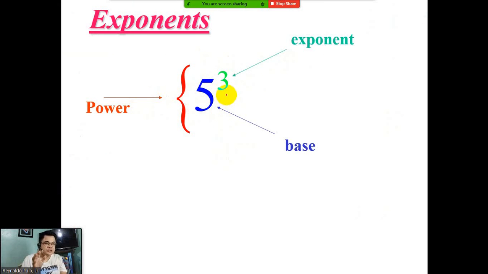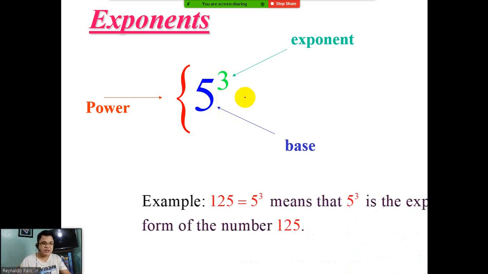This is really important to take note of. You're not going to multiply the base and the exponent to get the simplified form. What you need to do is multiply the base by itself based on what the exponent is saying. If the exponent says multiply 3 times, you multiply 5 three times by itself. So 5 cubed means 5 times 5 times 5, that's it. You're not going to multiply 5 times 3, that's incorrect. The answer here is 125.